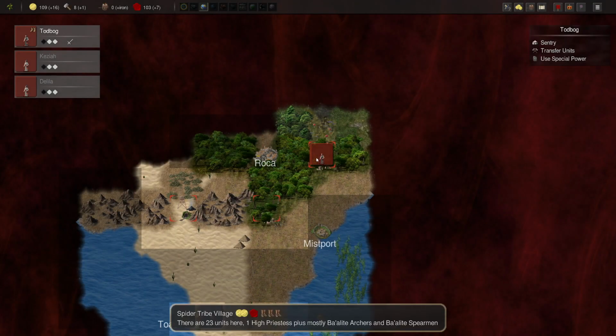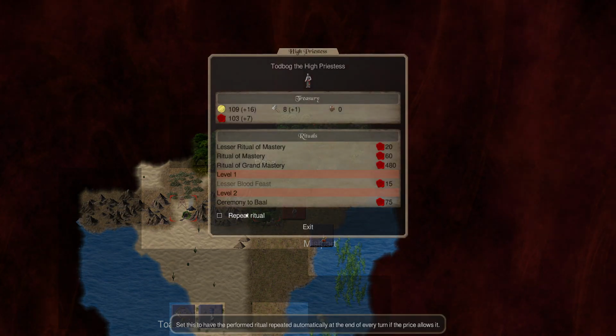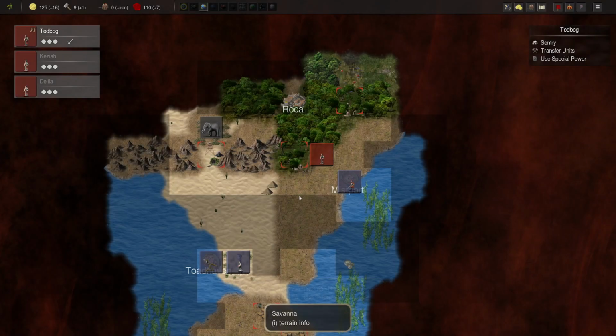Beautiful. Alright. So how do I want to do this? I want to get back to the desert, so we're going to go this way, because now I have enough for my ceremony to Baal. Unlike other classes that do sacrifices, you don't have to overpay for your sacrifices because you are...